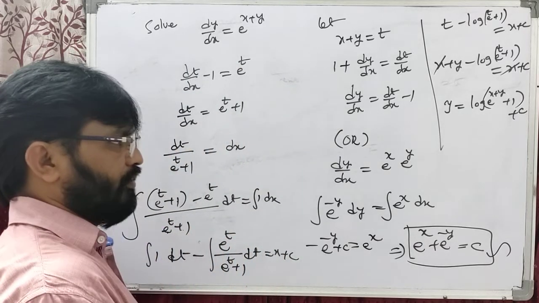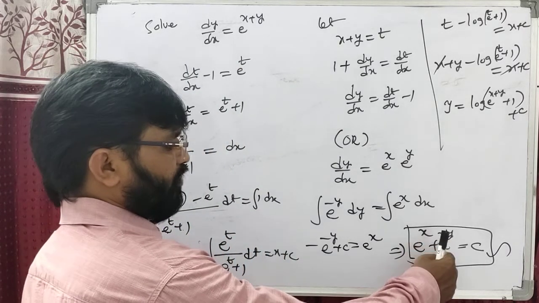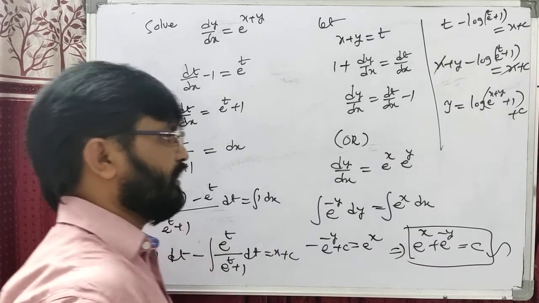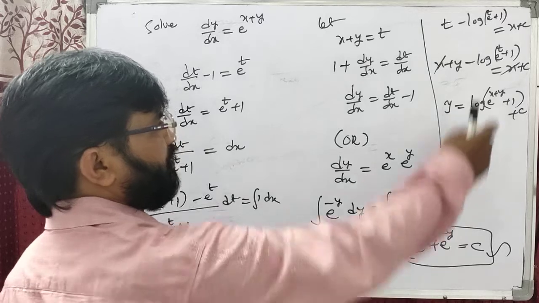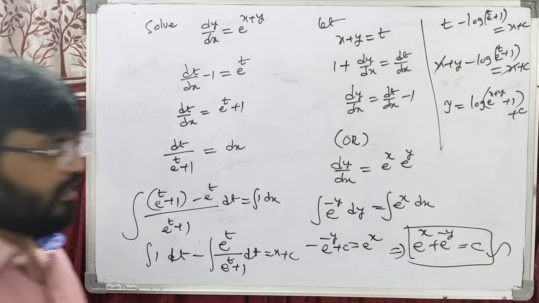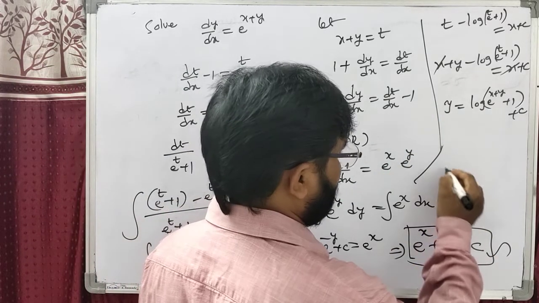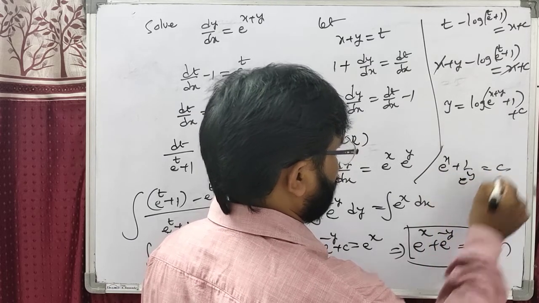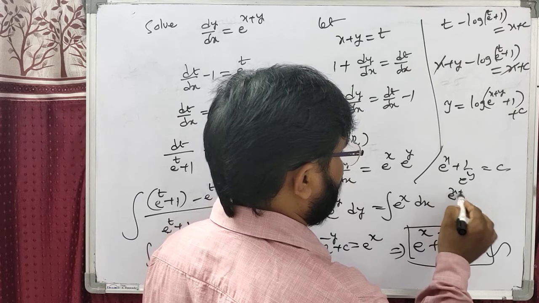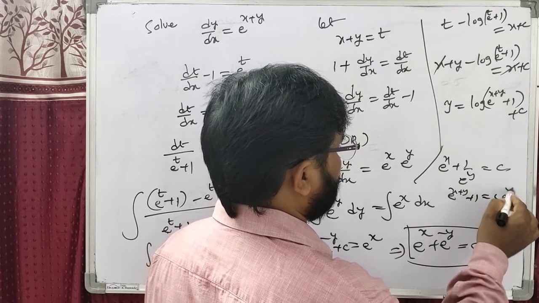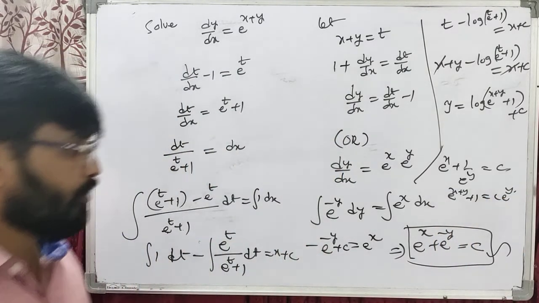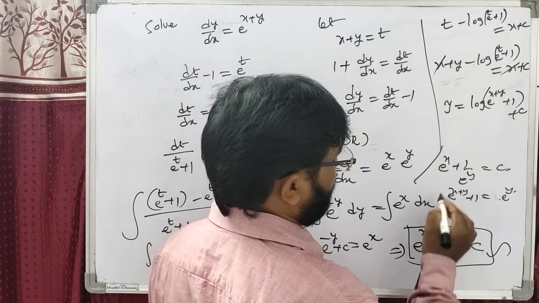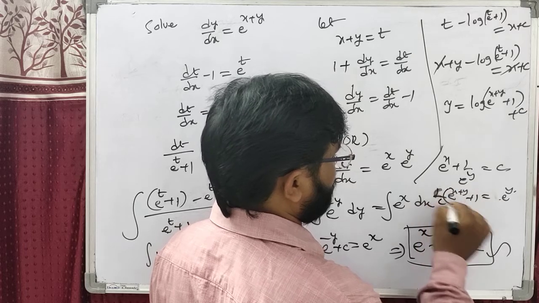Do you understand, students? You can write 1/e^y, that is e^x + 1, so then e^y is sent to the other side. After simplification we got it like this, and this is the answer. When you know how to simplify, this is e^x, 1/e^y equal to c. You can write e^x + 1 = c e^y, students. So dear students, what you can understand here is that c can be written on this side or the other side, whatever it may be. This is 1/c also.